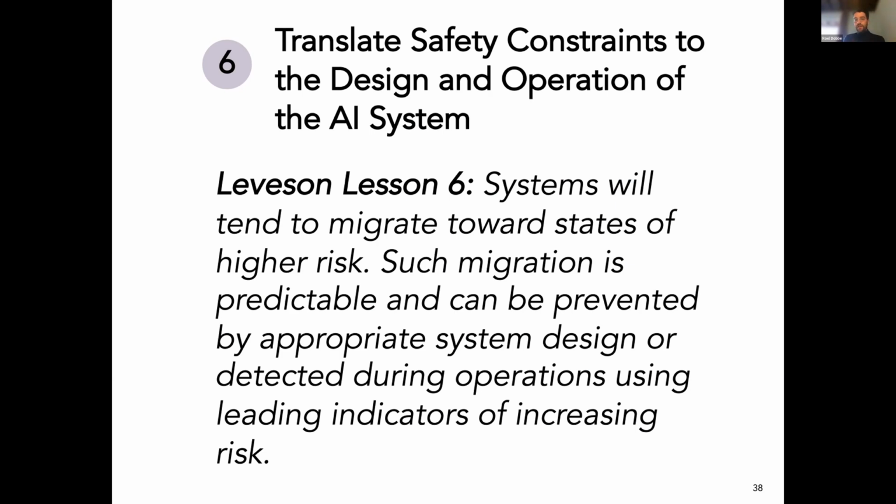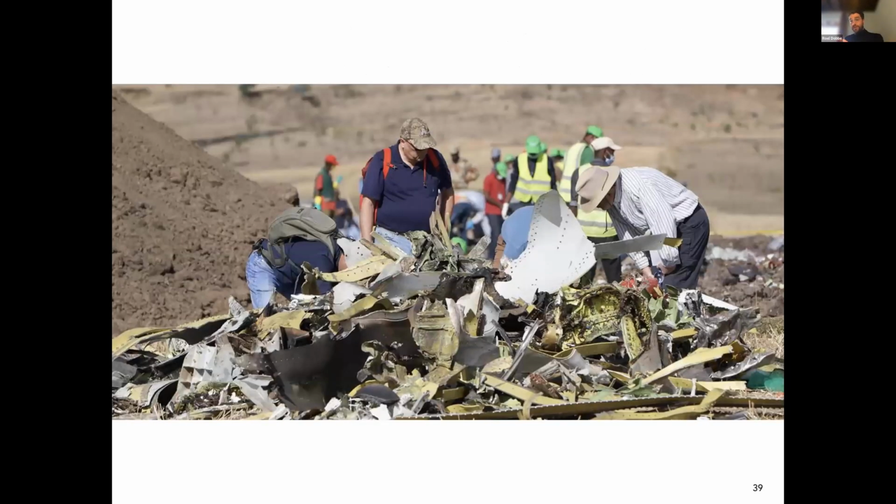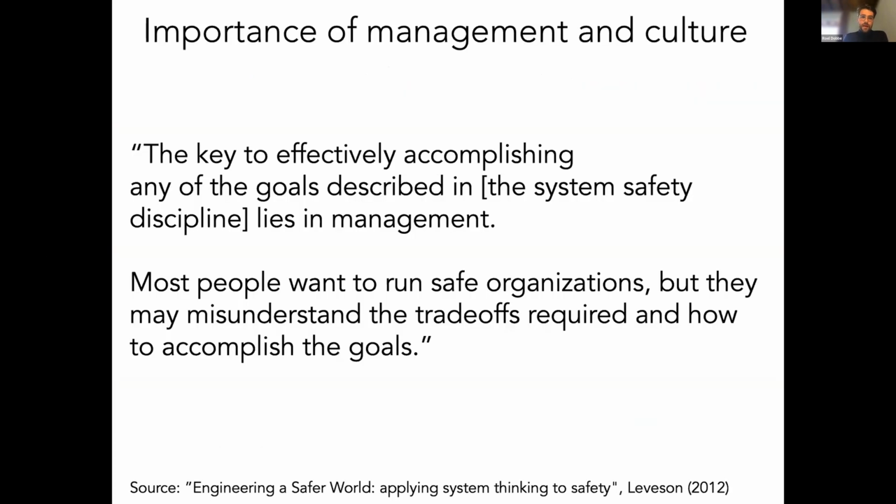It can be prevented. With Boeing, we saw that they put new engines on their airplane under economic pressure. They were trying to keep up with Airbus and other forces, and they made mistakes in redesigning their airplane. This is something we see over and over again in the history of software-based automation. And that brings us to the last lesson, around management and culture.